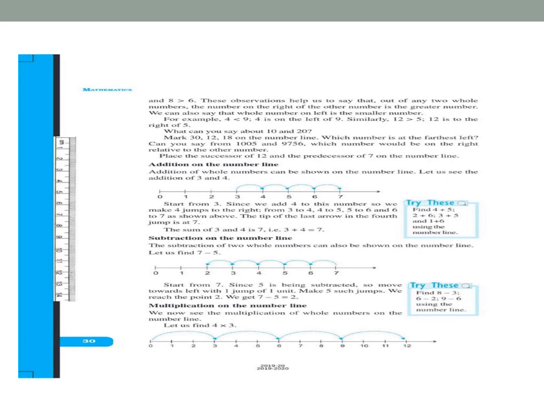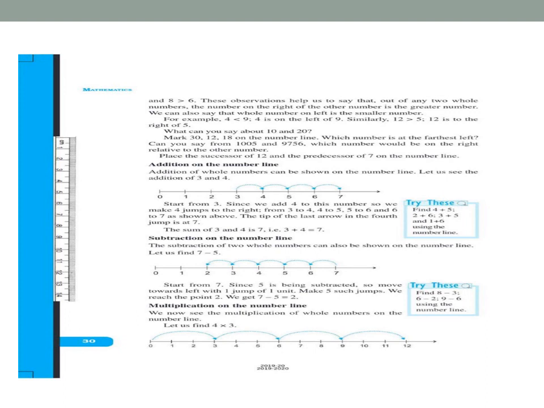How many times are we going to take it? 4 times. 1, 2, 3, one jump. Again 1, 2, 3, second jump, and third jump and fourth jump. 4 jumps, each of how many units? 3 units. 4 jumps of 3 units we are taking. 4 threes are 12. 4 threes are how much? 12. Hope it is clear to you.